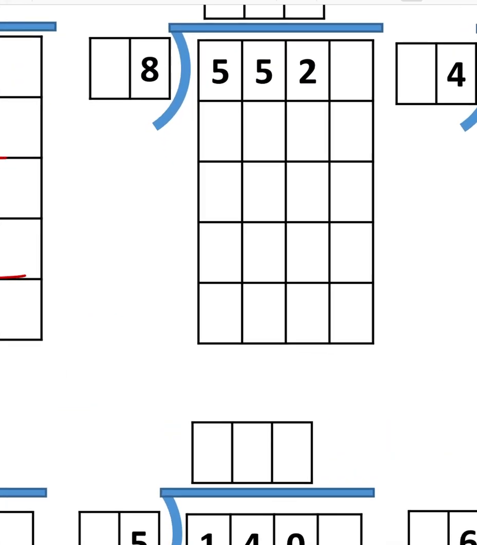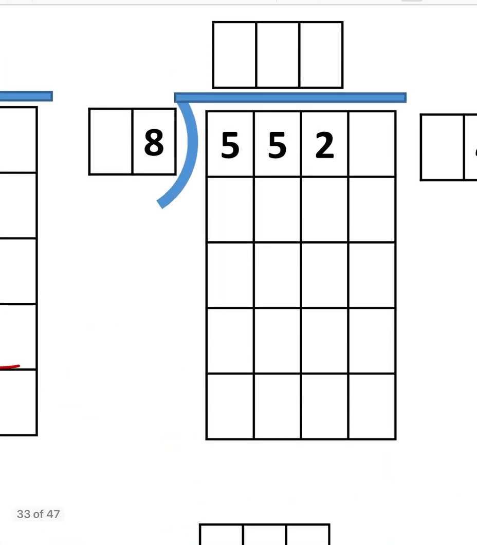Let us take another example. Just have a look, 552 is the number and we have to divide it by 8. The same thing: the first digit is 5, and 5 is lesser than 8, so we have to take 55. Now the table of 8: 8 ones are 8, 8 twos are 16, 8 threes are 24. 8 sixes are 48, but 8 sevens are 56, and 56 is greater than 55, so we have to take 8 sixes are